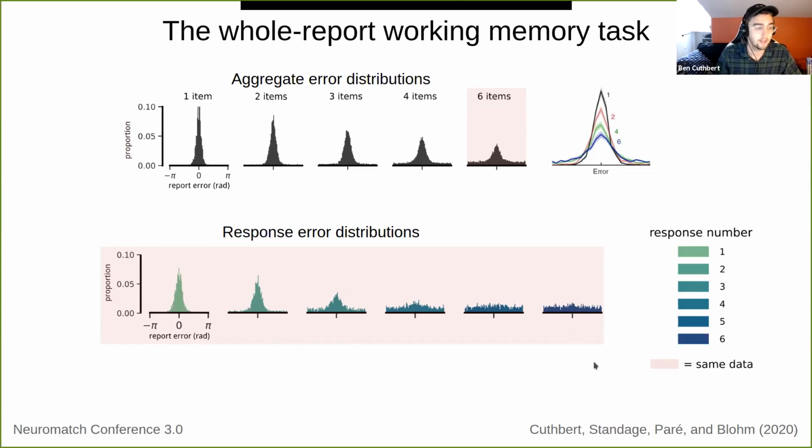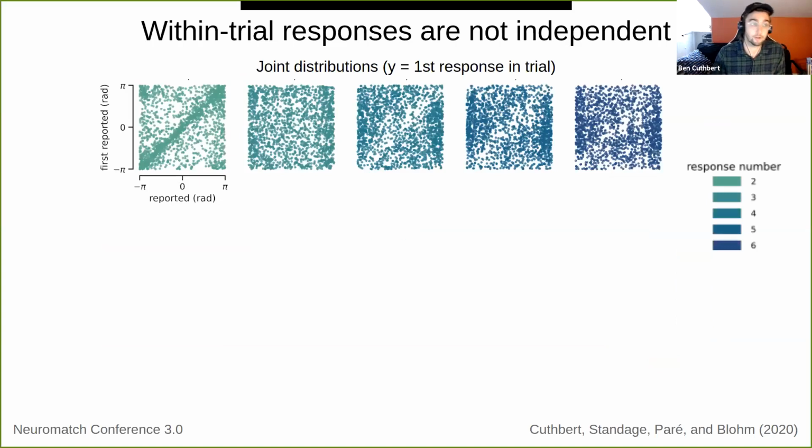about the items. So Kirsten Adams originally spent most of their time focusing on these distributions and seeing what conclusions they could draw there. But what they did not look at are the actual joint distributions. So how are the reports made within one trial? When you're reporting items that were simultaneously presented, how are these distributed relative to each other? So what I'm going to show you here